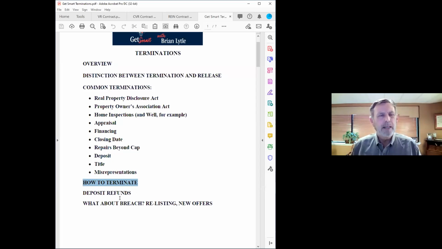This has gotten a lot better over the years. For the longest time, none of the associations had a termination form. Now all of the associations have a version of a termination form, and we'll take a look at them. So the idea is that if you've got a right to terminate by statute or by contract, then you, as, say, for example, the buyer, are going to send notice. You're required to do that. And you need to follow how the notice is to be sent, both in the statutes and in the contract.